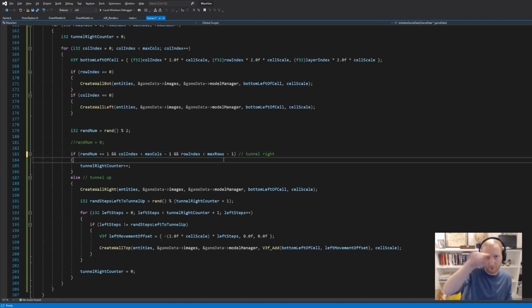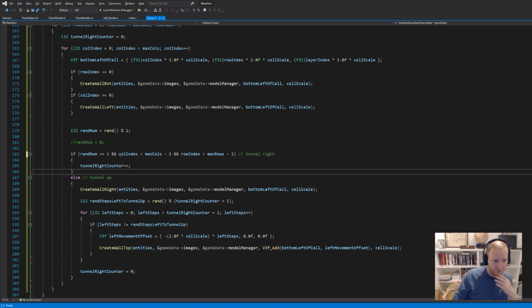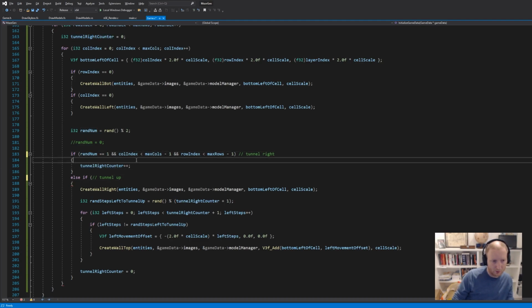So if we're in that kind of excluding that ultimate row and column area, and you decide to tunnel right, good for you. You can do that. And maybe this guy, that's if you choose right, and it just happens that that's the situation. I think else if your random number,